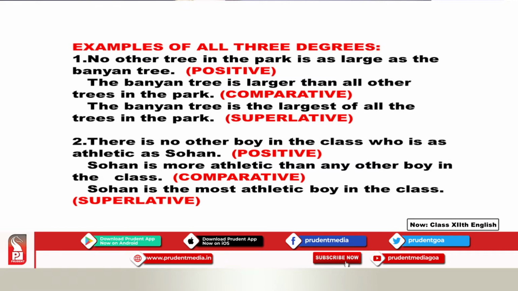Let's look at the second example. Starting with positive. There is no other boy in the class who is as athletic as Sohan. Now the comparative. Sohan is more athletic than any other boy in the class. And the third, the superlative. Sohan is the most athletic boy